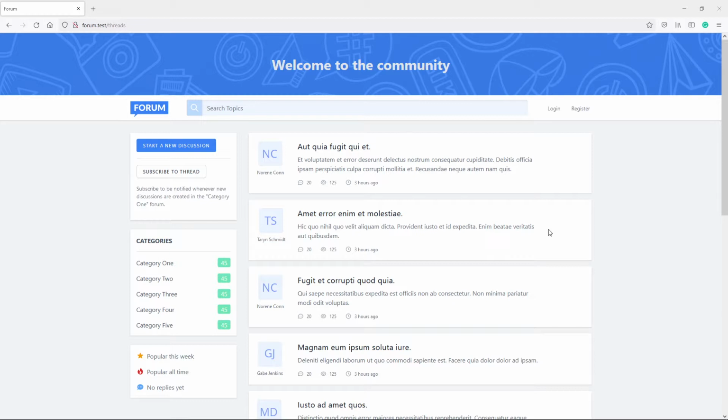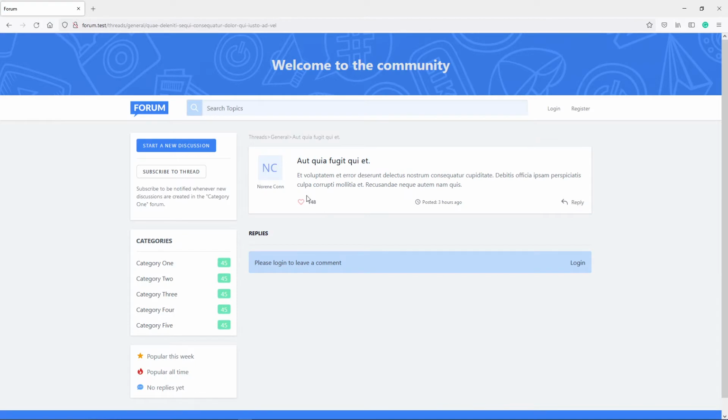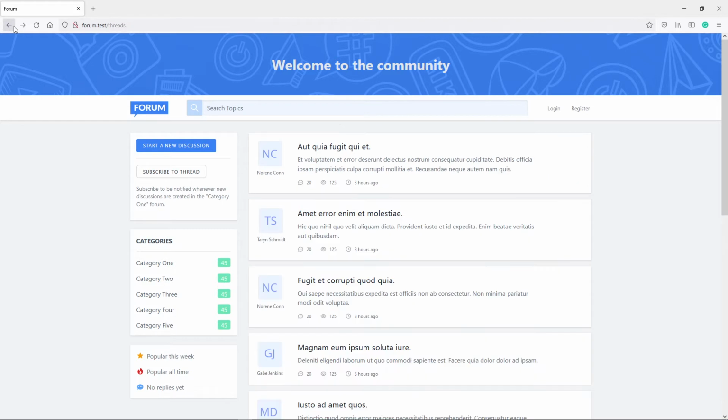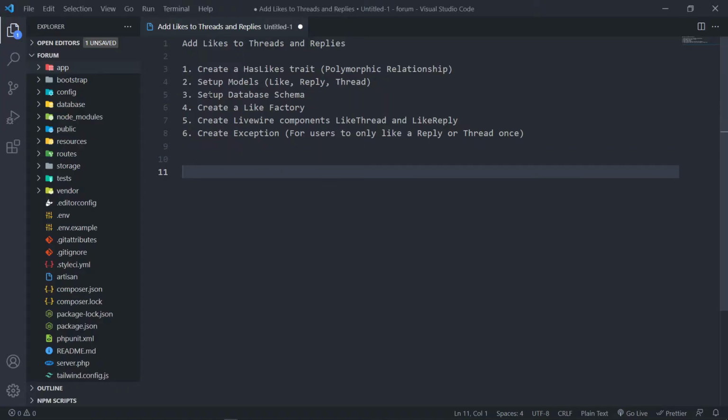So what we're going to do in this one is create a feature for users to be able to like a thread or like a reply. That's what we're going to be implementing. And obviously it will not be in one lesson, we will do that in a couple of lessons. All right, so what we want to do is create a trait to be able to like